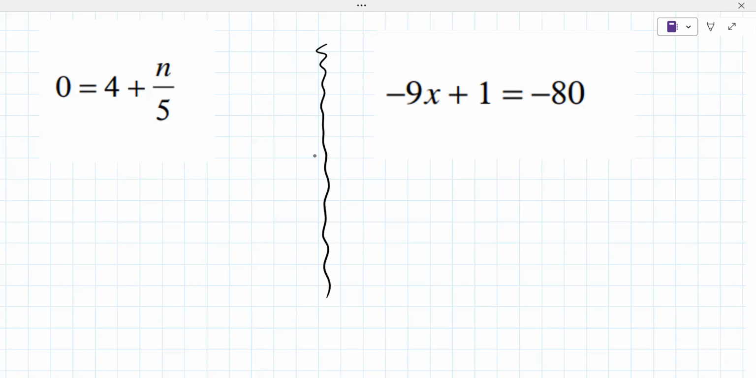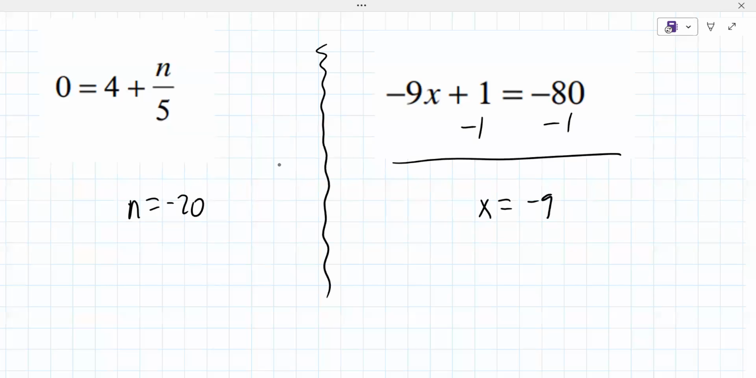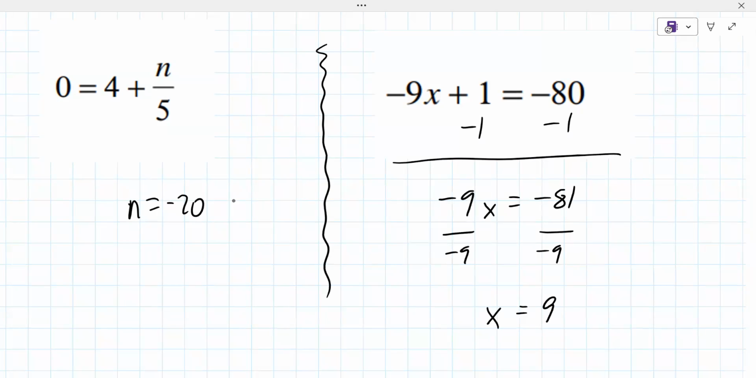First one is n equals -20. Second one is x equals -9. -9, you said? Yes. All right, so small error there on the right. You subtract one from both sides, and that does give you, first one is correct. Really good on that. Gives you -9x equals -81. And then when you divide by -9, that gives you 9, like that. So you said -9. I think you meant 9, but maybe you meant -9. It doesn't really matter now, but